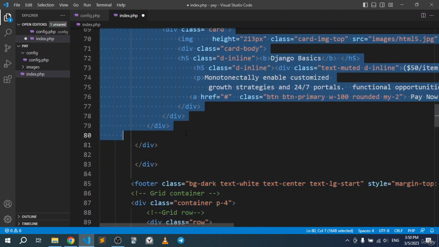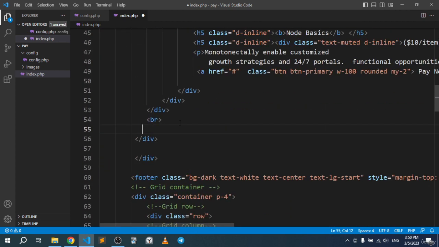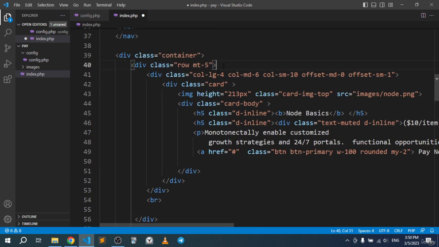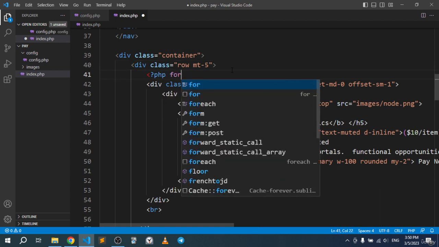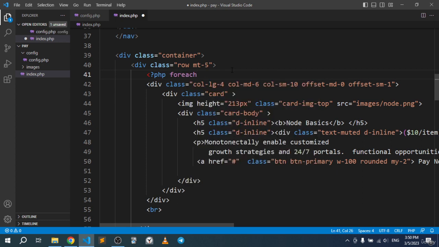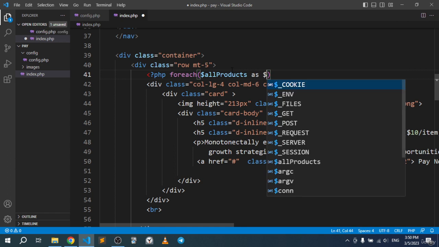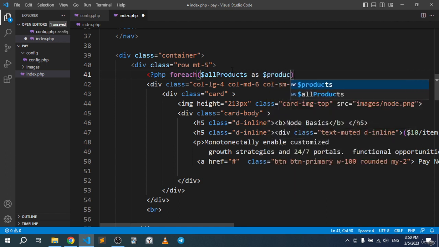If we remove those, and go up right here, PHP foreach, all products as product. And if we simply copy this